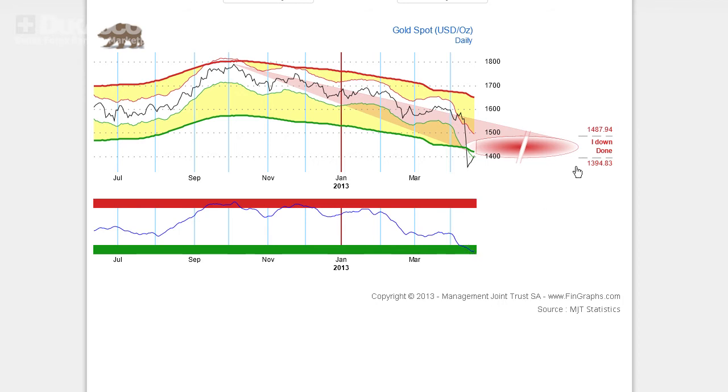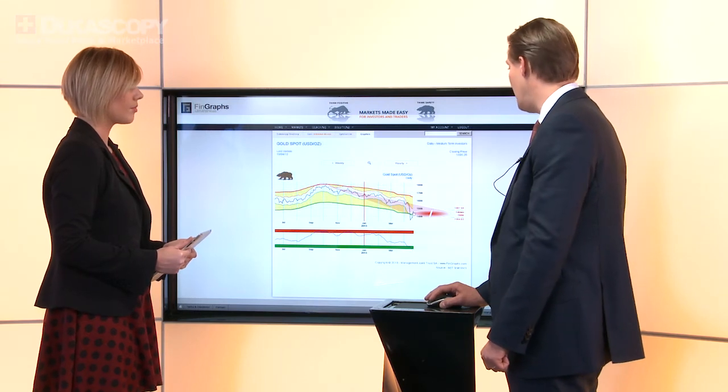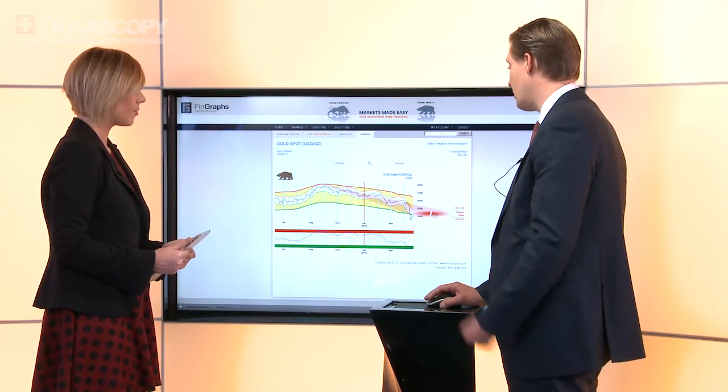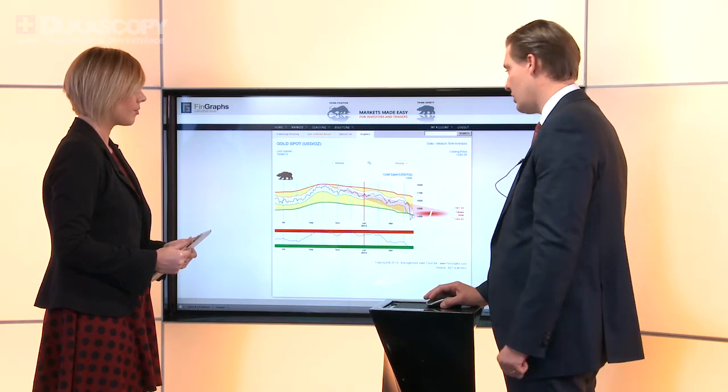It seems still quite oversold, although there's still a lot of time left to finish this move, and there's still a possibility to reach an impulsive 2 target. And so it's premature today, hence the bear signal here, to call the end of this move down. And so in this respect, we would probably label this as the possibility to continue into the downtrend, and that it's a bit too early to call the move to an end.